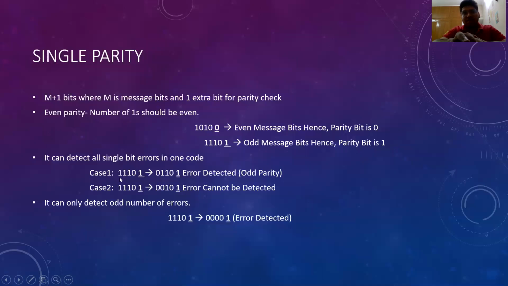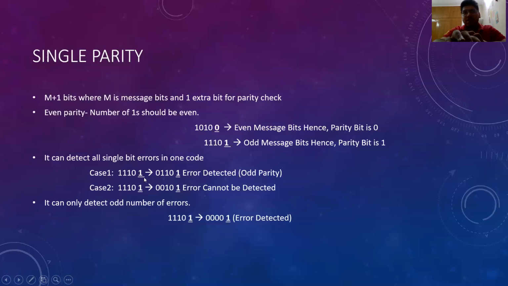Let us suppose there's a message 1110 with a parity check bit 1. The sender sends this message, and what happens if there's an error on the way, or there's noise, a disturbance, and we lose a bit here?